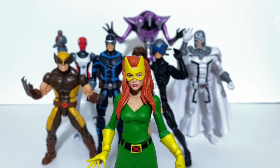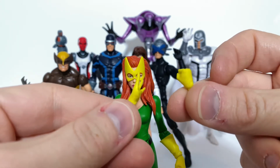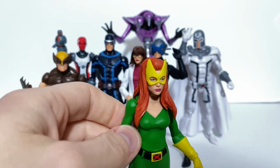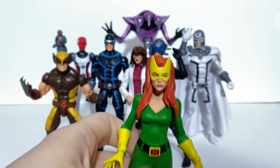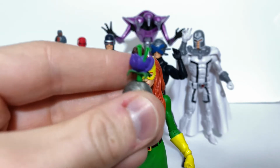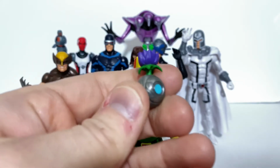Of course, she comes with a piece of the Trisentinel back there, but we also get these 2 alternate hands, and you can see she doesn't want to stand up. So she's proving my point for me. There we go. The only other thing that she comes with is one of these little plants from Krakoa,